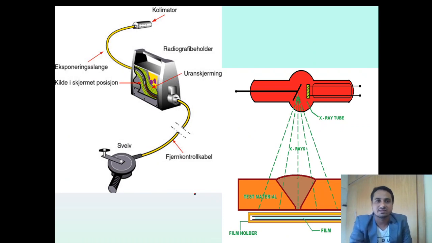So first we will see the basic arrangement of the machine. This is the machine in which the source, normally, will be in this position. This is the actual position of the source. In closed condition the source will be at this position. When I need to perform the radiography, I will rotate this crank, and after the crank rotation, the source will come out.